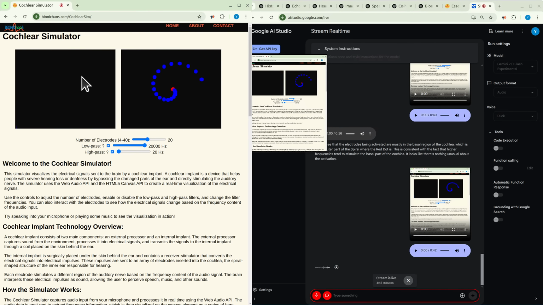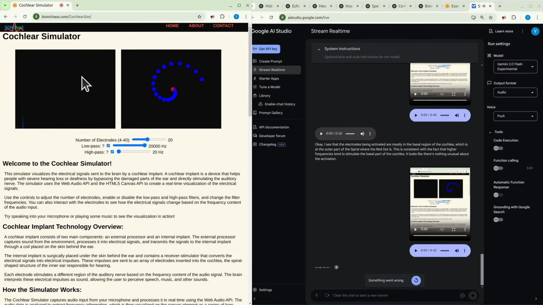Okay, when you have 20 electrodes, you would not expect all of them to be activated at the same time. The reason for this is that each electrode corresponds to a specific frequency range in the audio signal. Therefore, the activation of electrodes will depend on the frequency content of the audio. For instance, if you are only speaking a single, pure tone, you would expect only the electrode that matches the tone's frequency to be activated. As I listen to your speech now with 20 electrodes, I can